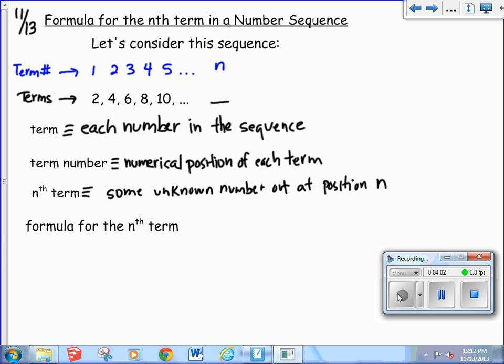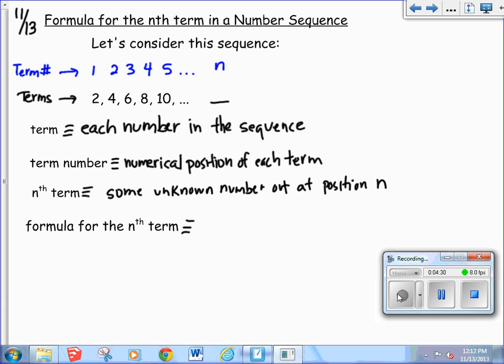Yes, Ruth? So if you wanted us to find the 132nd number for the sequence, if you look at the term numbers, 1 times 2 is 2, 2 times 2 is 4, and 3 times 2 is 6. Okay, yeah, we're going to come to that in just a second. You see a good pattern, and we're going to write it in just a second, so I'll come back to you. Okay. All right, but first I want to define this formula for the nth term, which is what our goal is today,